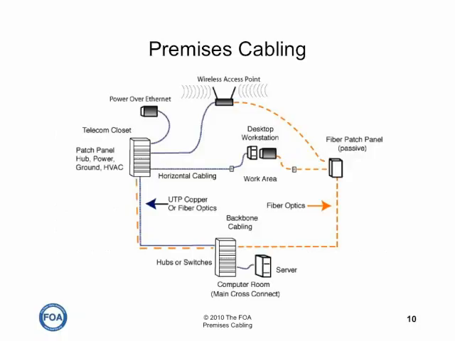All these applications work on a fairly standardized network architecture, which we call structured cabling, which has a computer room connecting on backbone cables to telecom closets in remote locations, which then connect to desktops or to wireless access points over what we call horizontal cabling. As an alternative, it may use centralized fiber optics that go straight from the computer room to the work area or the wireless access point.